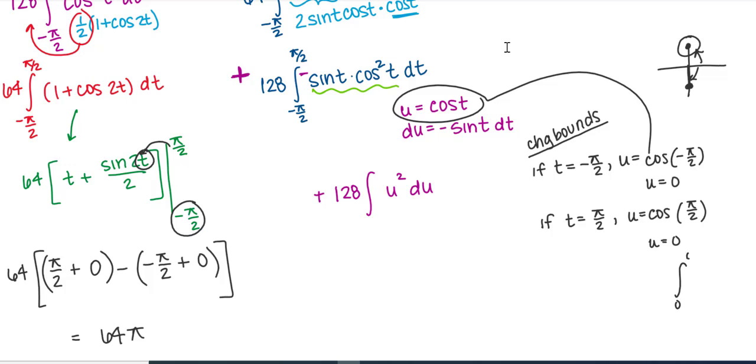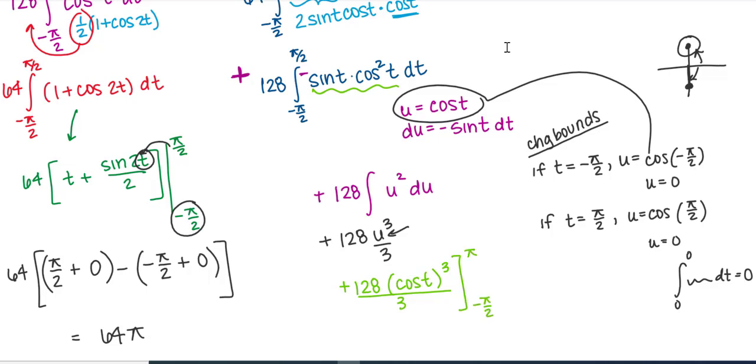If we have an integral that goes from 0 to 0, and I'm trying to find the area under any of those curves with respect to whatever, it's 0. But let's prove it to ourselves. Let's just integrate this, keep it indefinite here for a second. This becomes u cubed over 3. And let me put back in what u was, so you can see why it turns out to be 0. u was cosine of t. Okay? And now I can say we were going from negative pi over 2 to pi over 2.